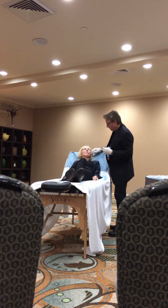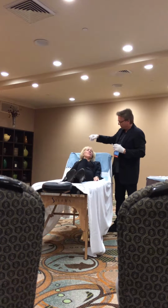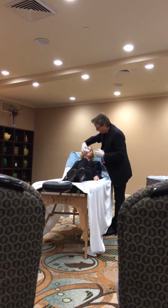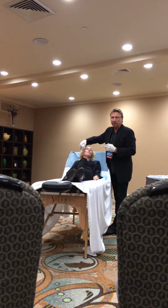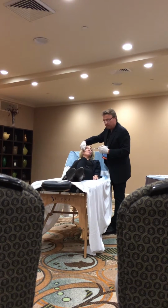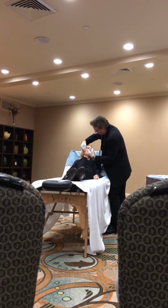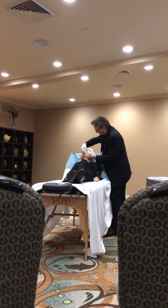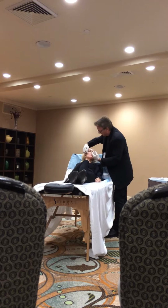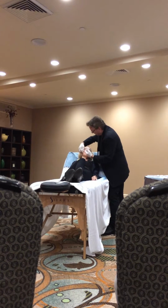Okay, all right, so I'm going to go up the cheeks, what she would like, and I did a mini lift on her about 8 months ago, a year ago, January. So it's not unusual that things settle a little bit, and so now we're just going to put a little bit up here, and I'll pick an area where it's flatter, and I go relatively deep in these areas, and then I pull out, and as I'm pulling out, I put it in and I fan it under. Okay, when I inject around these areas,